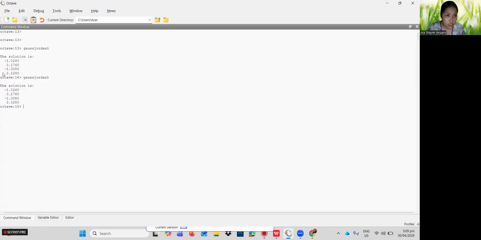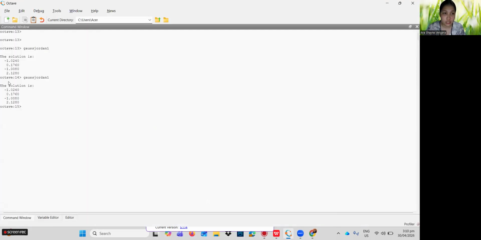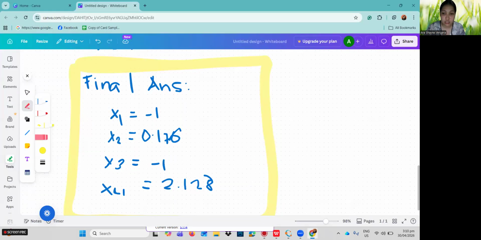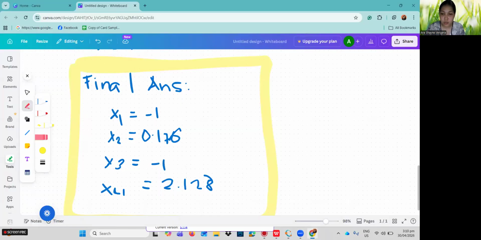So this is the answer from the Gauss-Jordan. So negative 1.0240. Let's see here. So negative 1, close. Then 0.1760, 0.176, correct? Next, negative 1.0080 or negative 1, negative 1.